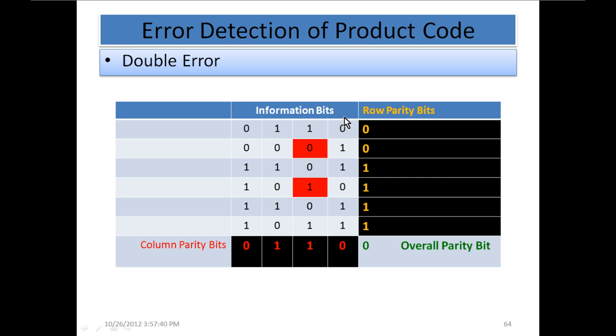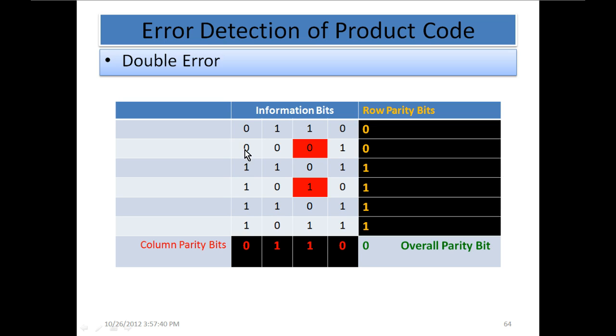There are different scenarios. In the first case, a double error occurs in the same column. Look over here: in this code word, the error has occurred in the third bit. This third bit has toggled. In this code word, there is no error, but in this code word, again in the same third bit, an error has occurred. When the decoder checks this code word, it finds an error. It doesn't know the location of the error, but it knows there is an error in this code word because the number of ones is odd, not even.